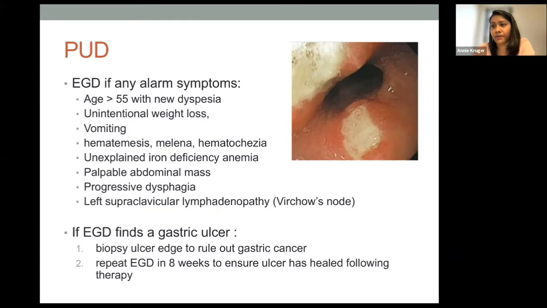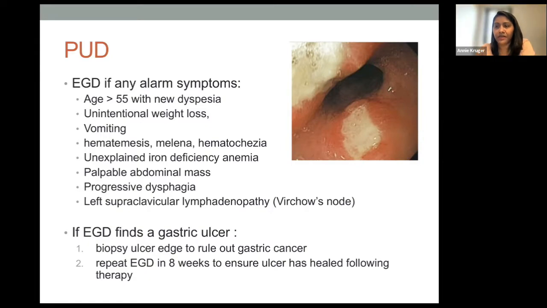And if your EGD finds a gastric ulcer, our rules are if it's an erosion, you just treat it for 2 months with PPI therapy. It should resolve because it's not beyond lamina propria. But if it's an ulcer, really you have to biopsy the edge to make sure there's no cancer there. So it can be gastric adenocarcinoma, but often it's a MALT lymphoma. Okay, and you want to see them back and re-scope them in 8 weeks to make sure that ulcer has